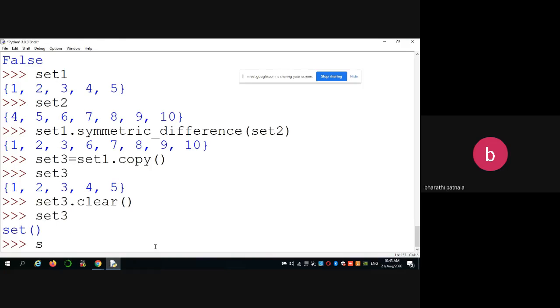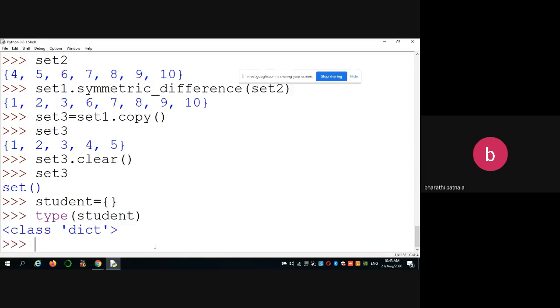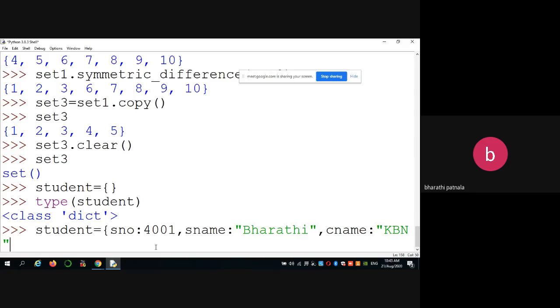See, for example, I want to create a student data structure. See the type, as I already told, which is by default a dictionary. Now you can create student is equal to student number colon, and you can give the key value. So this is my dictionary.